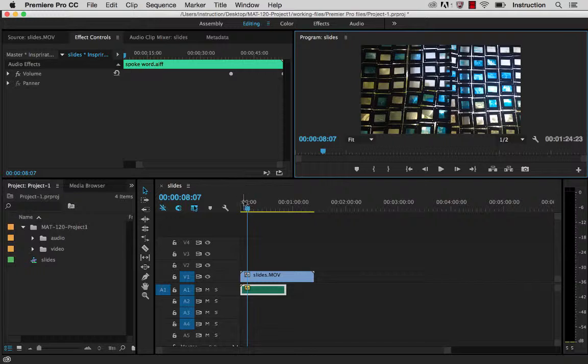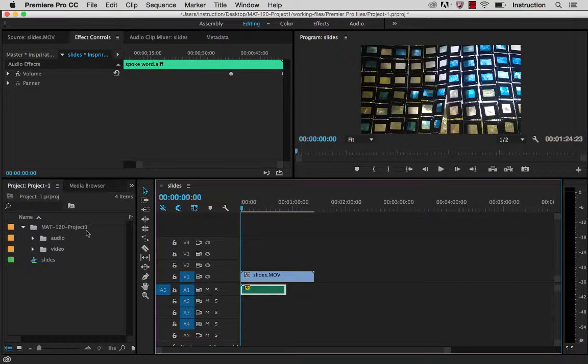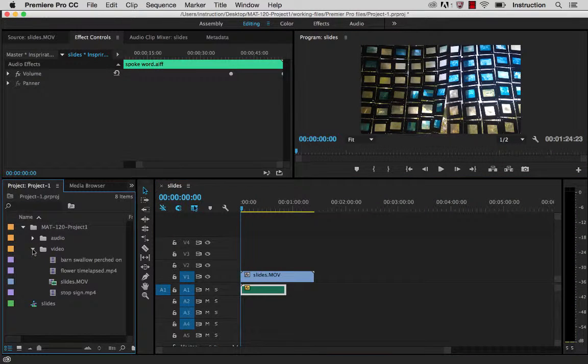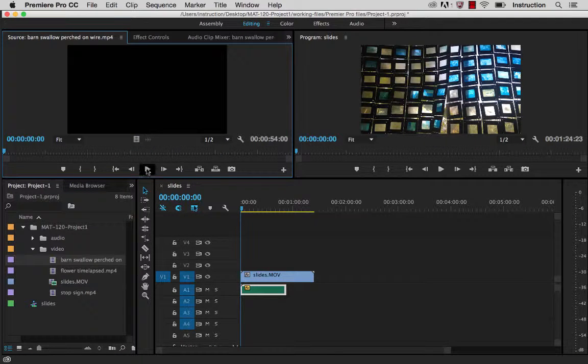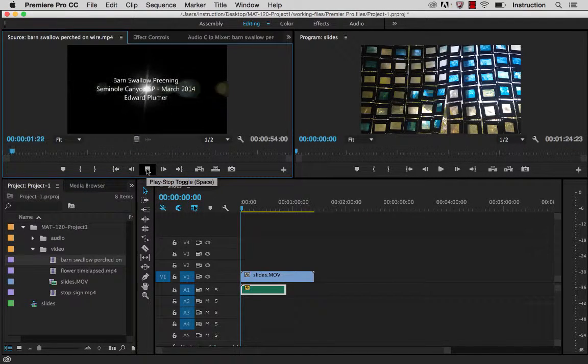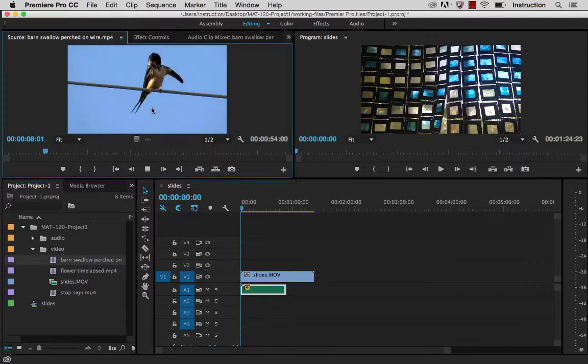And so I'm going to put this all the way back, and I'm going to open this video down here in the project pane and find the one that says barn swallow perched on wire. If I also choose the source, I can drag that up into the source. And if I hit play, you'll see it starts. It has all this stuff that I don't want. This is a Creative Commons license, and it allows reuse,